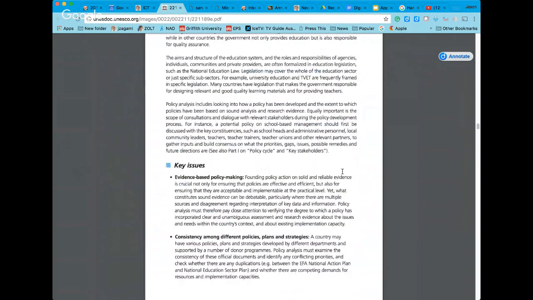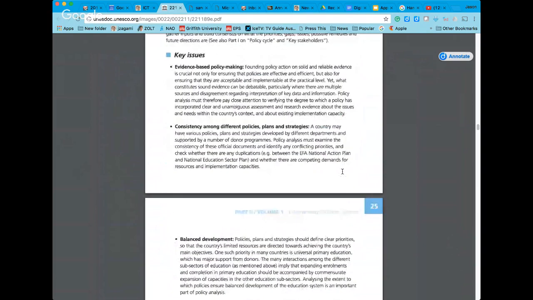So, a few of the key approaches that you should be looking at, making sure that your policy making is based on evidence. So research and documents such as this one that can help inform your development of policy. Making sure that you're fairly consistent and that you don't have widely differing perspectives, particularly within the same policy, where you may say